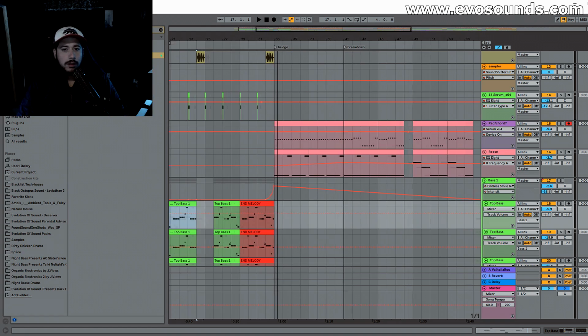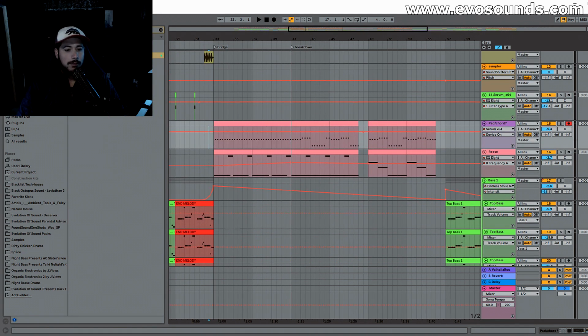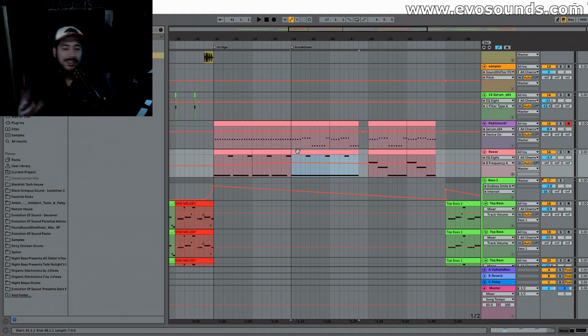Now, last time we worked on the break, a bridge and whatnot, and I really like the ideas that we presented. I was hearing a couple songs, and there's this one called Ignition by Axel Boy and Shapes, which I really liked. It has a similar vibe in the break to what I'm going for, which is very trancey vibes. I've also been talking to some guy on Deep Rock called Sean Dean, who's been advising me,